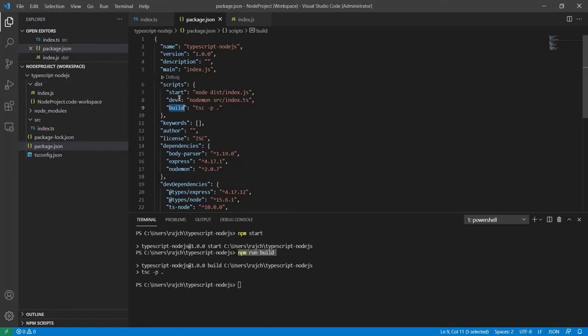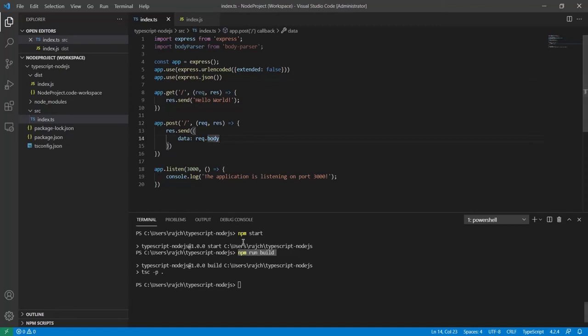Okay, and here you can see inside the start script I am running this command, node dist/index.js. That means I am executing the index file, and inside dev I am executing the index.ts file. Okay, so now let me close this.